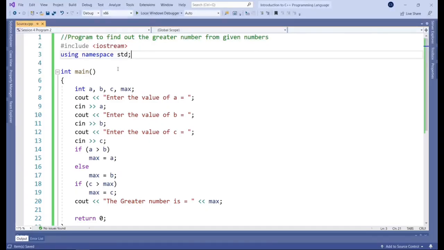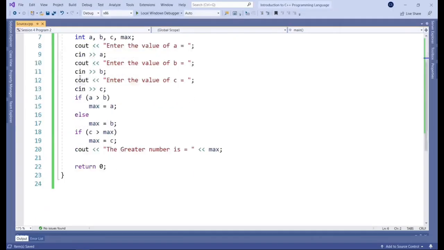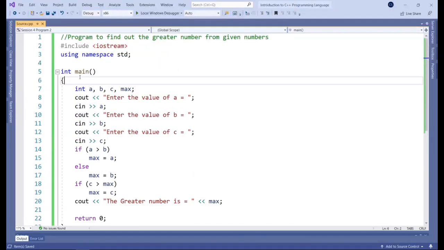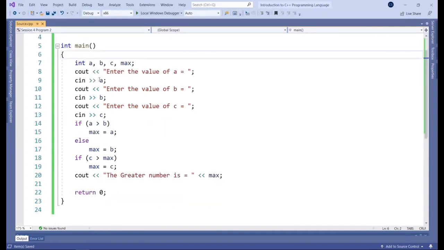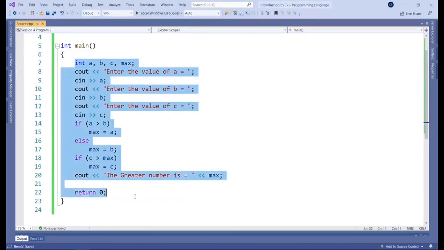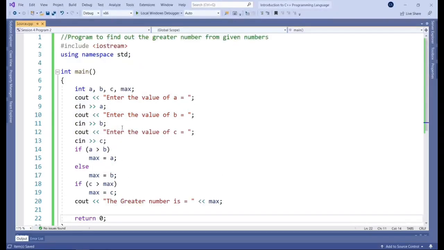So then we have our main function. And as I mentioned previously, this is important because you could have many functions in your program, and this is the first one that will get run by the compiler. So in this case, we're not going to be adding any further functions, but everything will go inside. Okay, but it's basically the function that the compiler will go to first as a starting point.